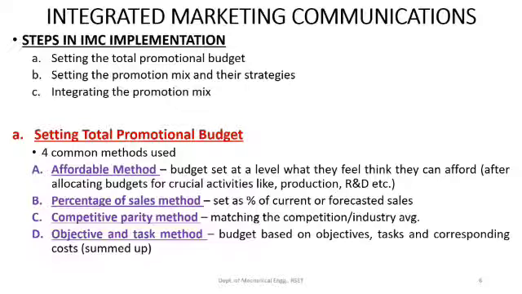The second method is called the percentage of sales method, where the total budget will be set as a percentage of the current or forecasted sales of the company. For example, over the next year, we expect rupees 100 crore turnover, or 100 crores revenue from sales. If that is the case and we allocate 2% of that particular turnover as a budget for the promotional mix, then for the entire next year we would expect rupees 2 crores to be spent on